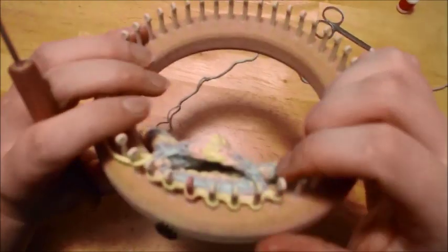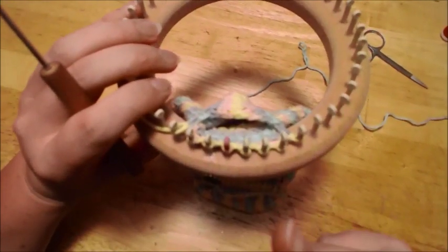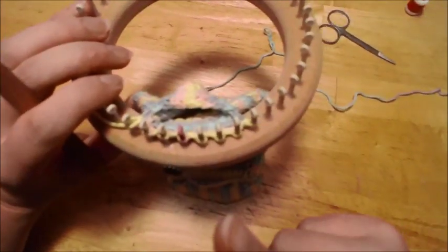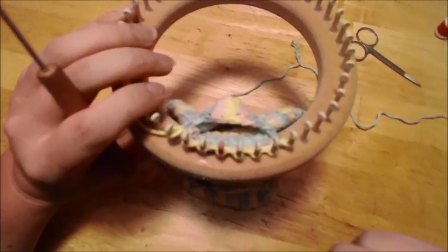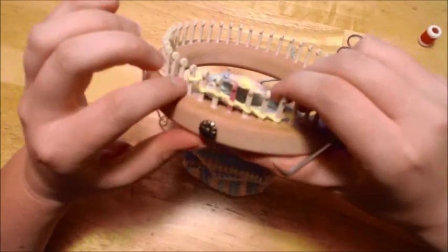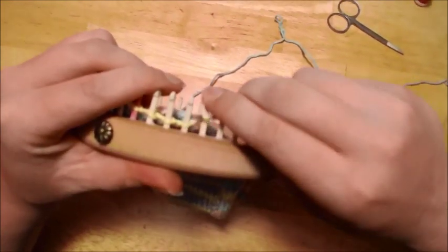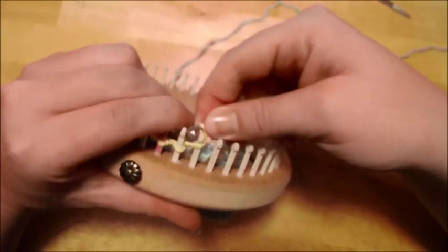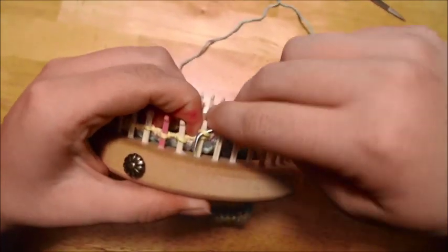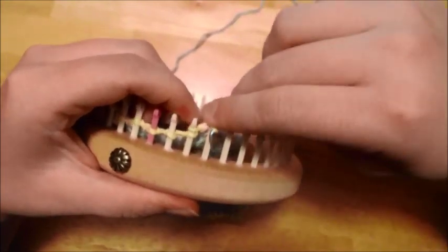Okay, as you can see, I'm down to basically my last decrease, because we're decreasing in odd numbers, so we're only going to decrease 1 last time, and I'm going to do it on my very last row. Okay, so I've finished here. I've done my 4th row, and then I'm getting ready to do my last decrease. So I'm going to lift that stitch, lift the next stitch, move it over, and move that there,